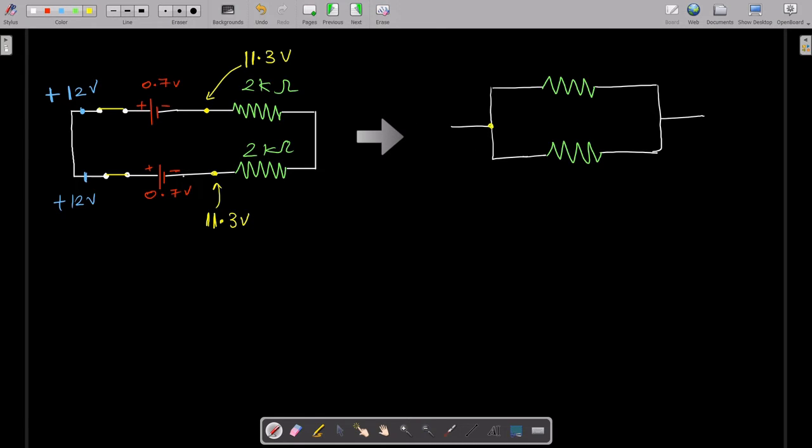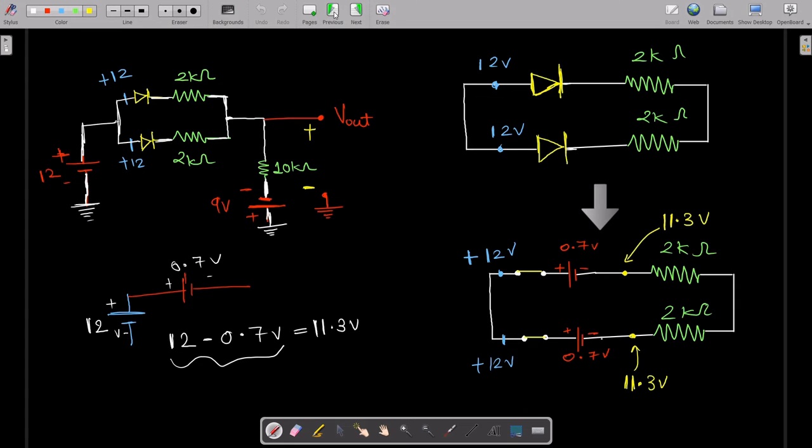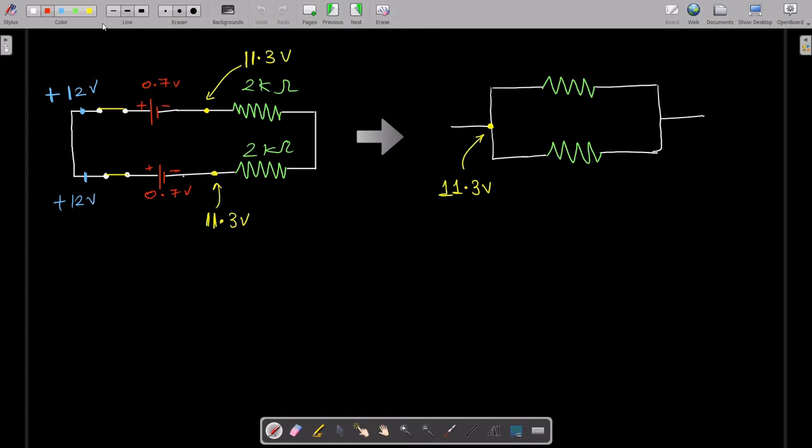You are providing 11.3 volts, which is basically the same. Since they have the same voltage over here, obviously they would have the same voltage over here as well. Your V out would be reflected over here as well. So forget about whatever V out would be. There is one constant voltage, V out, over here, and another constant voltage present over here, that is 11.3 volts.